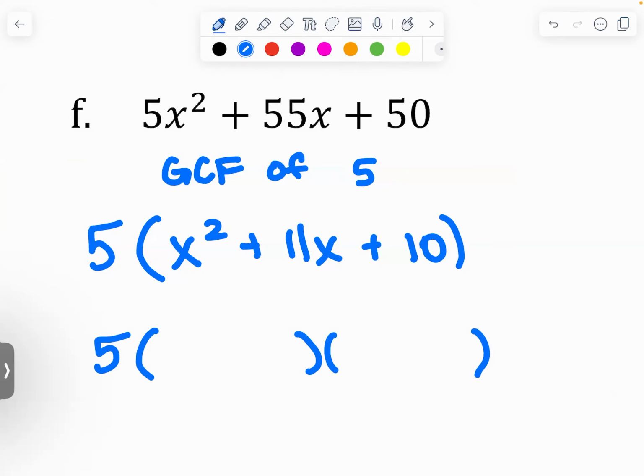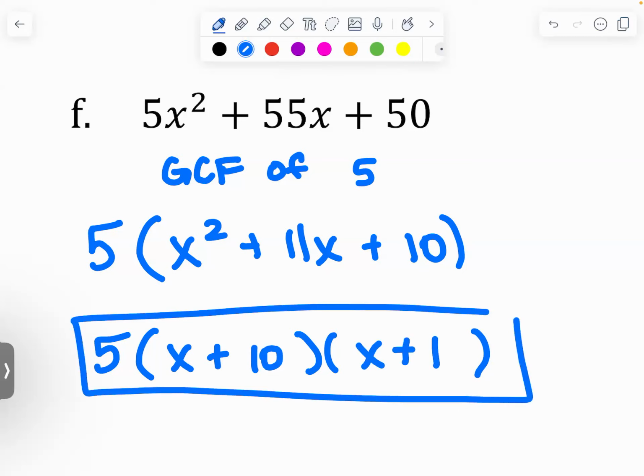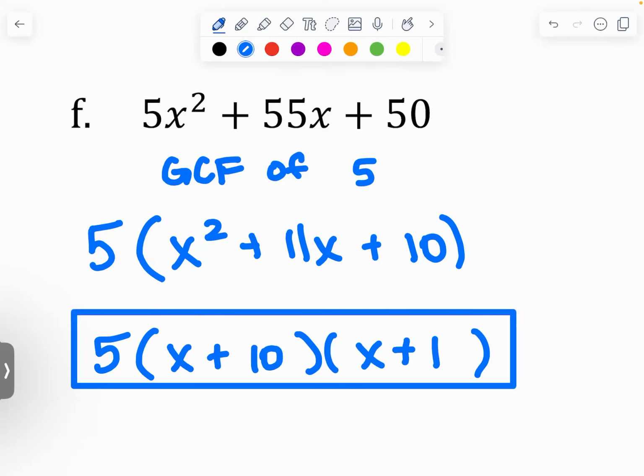Wait, does it factor? Yeah, what multiplies to 10 and adds to 11? 10 and 1. Sometimes the obvious ones don't jump out to us, right? Or you can make a complex answer, sometimes a simple answer can be